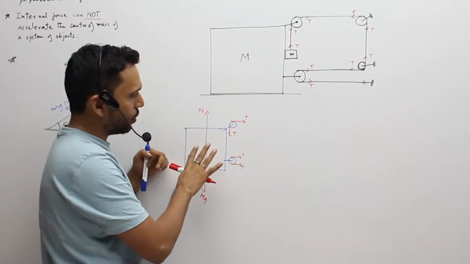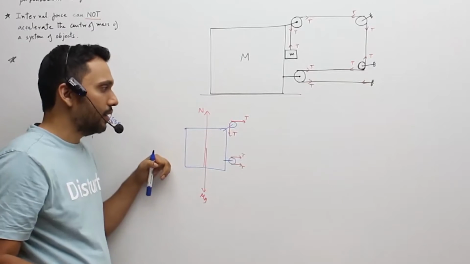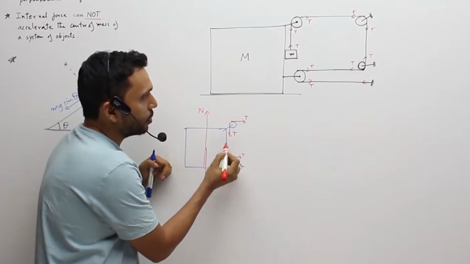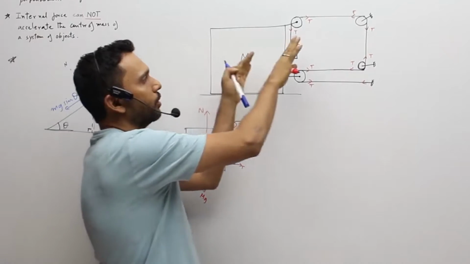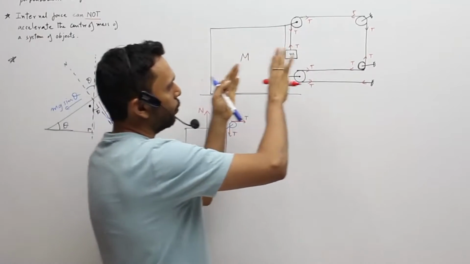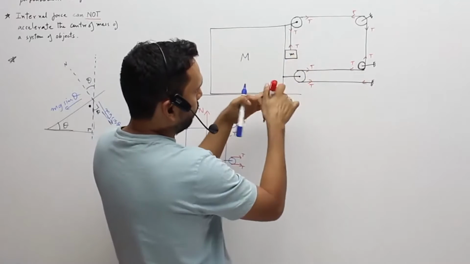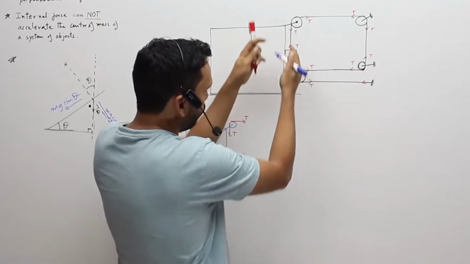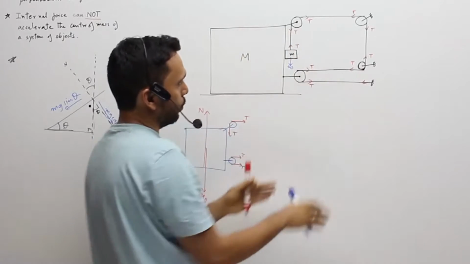But any other force on this, any other force can you identify? Quickly check. I hope you have got the force due to this mass on this mass. So what is happening? The big mass is pushing the small mass when the big mass is going forward. So the whole setup is something like this. Due to the mg weight, the small m is wanting to go down. If the small m goes down, then the big mass has to go forward.